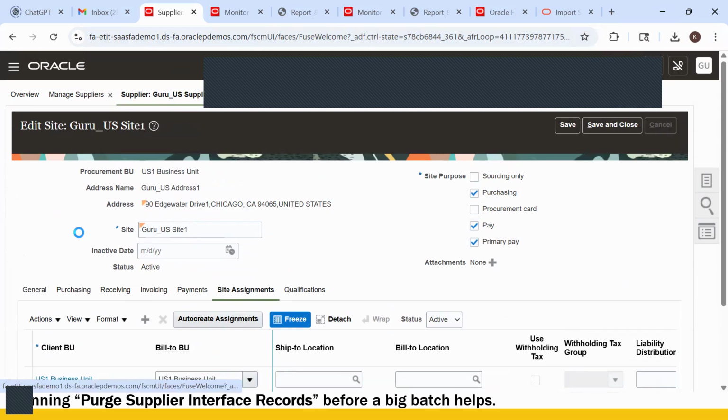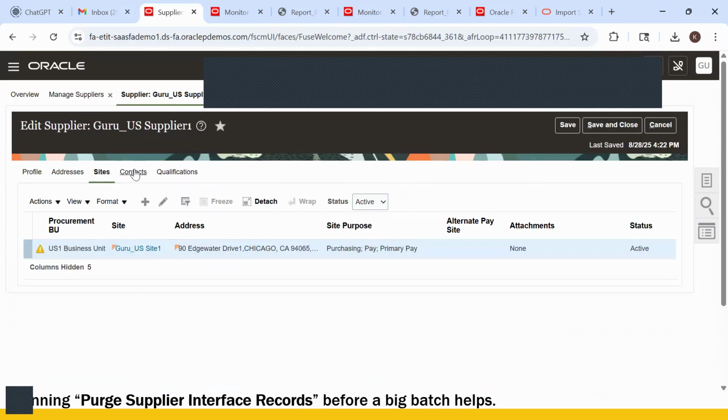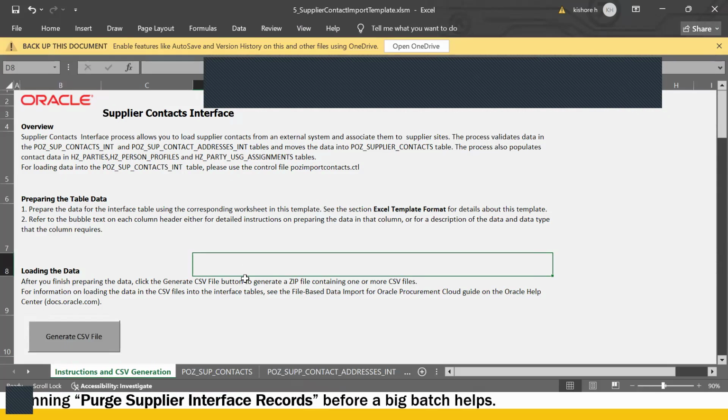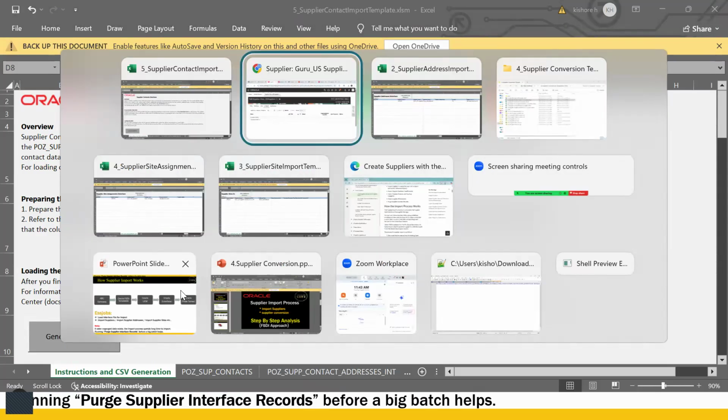Yeah, let me cancel this. Contact is the place where the details will come, but contact is mostly not a very important detail, unless the supplier has a specific contact or email ID to add in real time. We will add it for testing purposes. This is not a very important thing to understand. This is just the contact details to enter. So let's quickly ignore this and move on to the very important payment